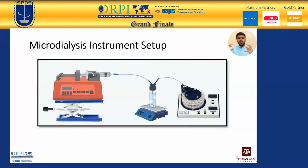This is a cartoon that shows the working of our instrument. As you can see here, here is a syringe pump with a syringe fixed to it. The vial here has the emulsion in it, which is stirred and maintained at a given temperature, and there is an autosampler here. So the syringe is filled with the perfusion fluid or the release medium, which actually flows through